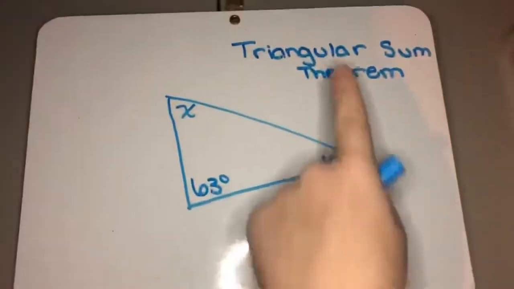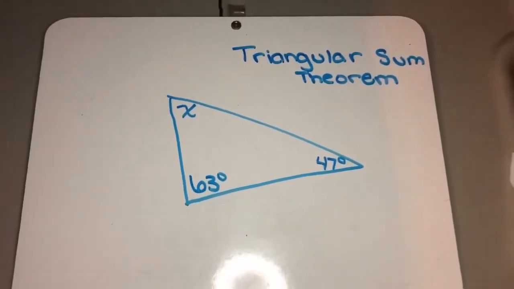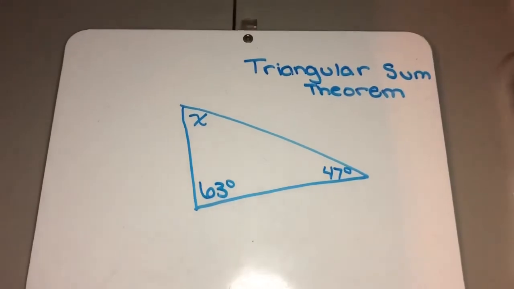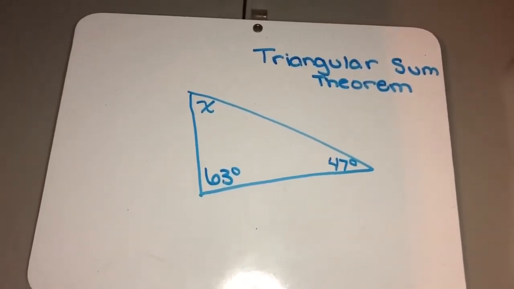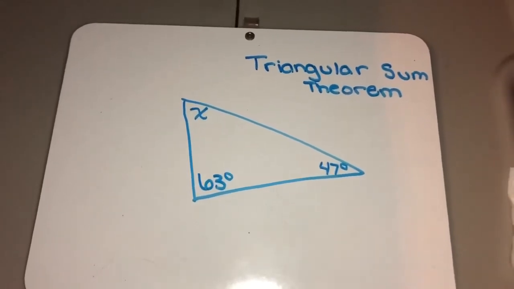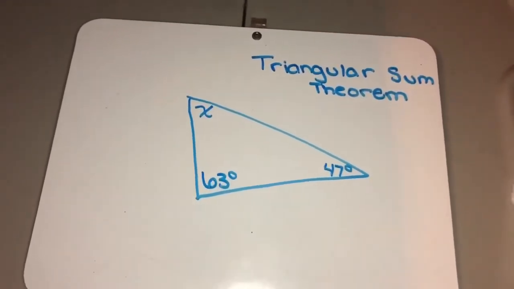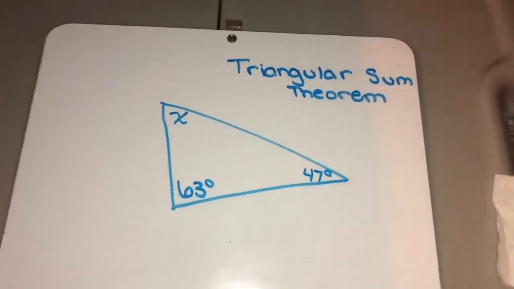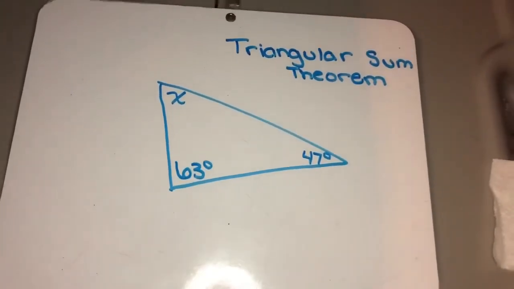Third, we will be talking about the triangular sum theorem. The triangular sum theorem is three angles that add up to 180 degrees. As you may know, triangles can be uneven or they can be equilateral. In this case, we are showing you an uneven triangle to make this problem a little bit more tricky. To find x or any other variable, you have to add the available numbers. Have a try. After you have added the numbers,